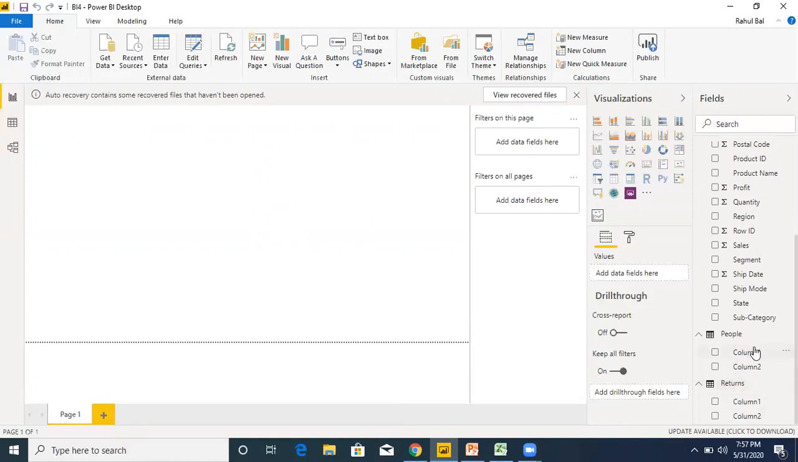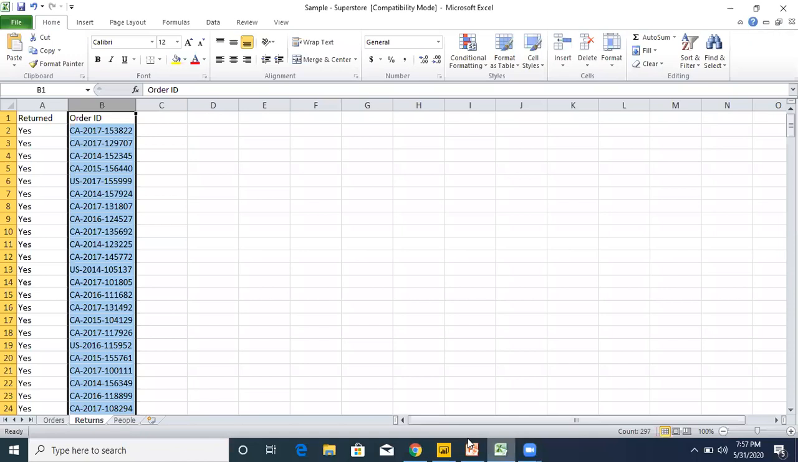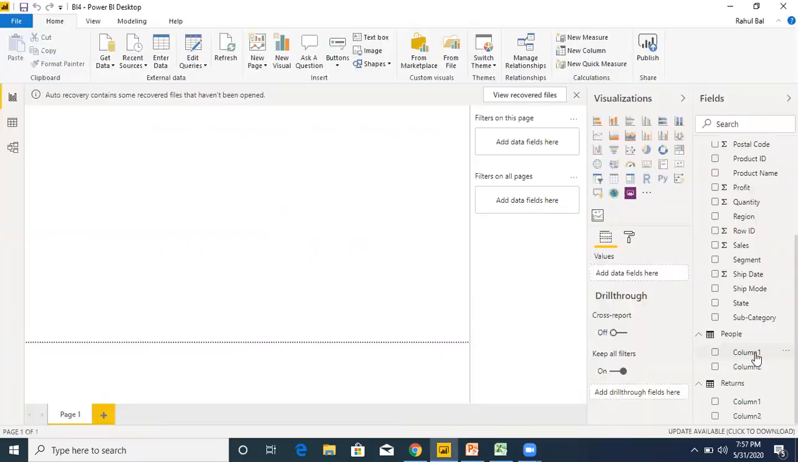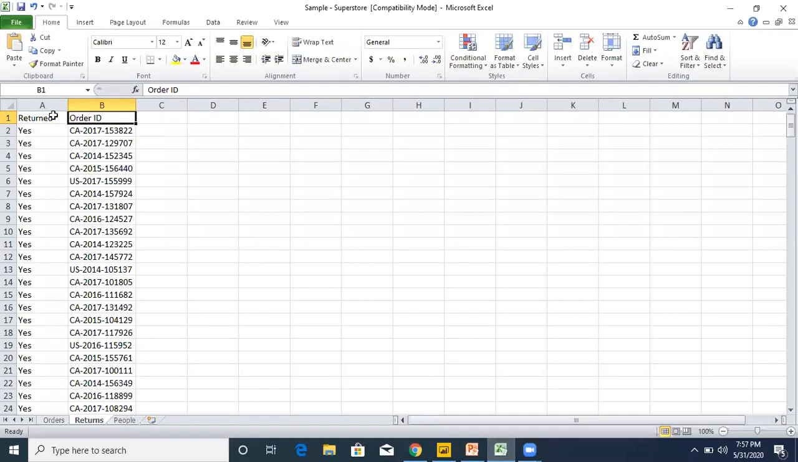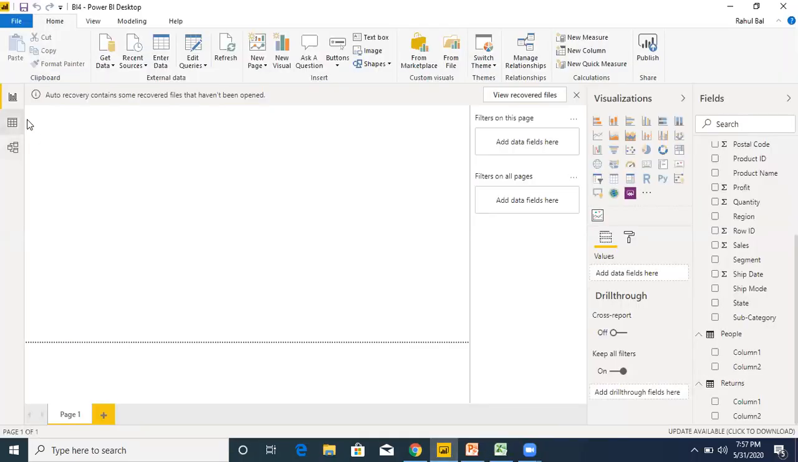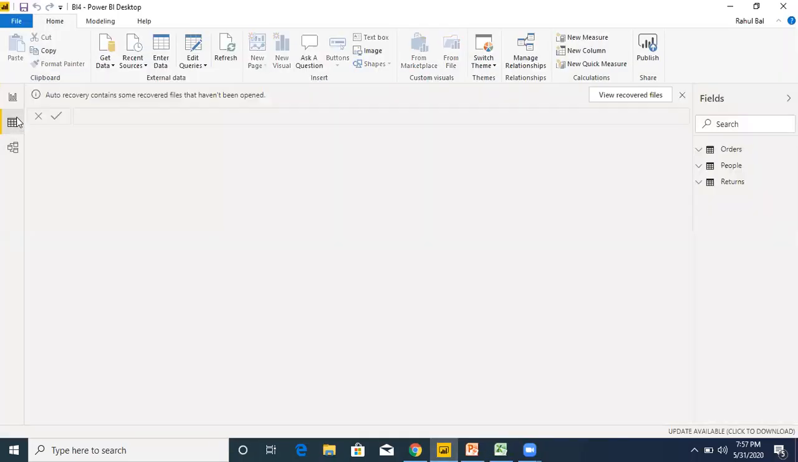We don't want the names as column 1 and column 2, because if you observe here, in the returns table the column names are return and order ID, but now it is showing column 1 and column 2 in returns. So we want the same as the actual, which are return and order ID. So how to do that, we'll check that, but before that just go to the data view,